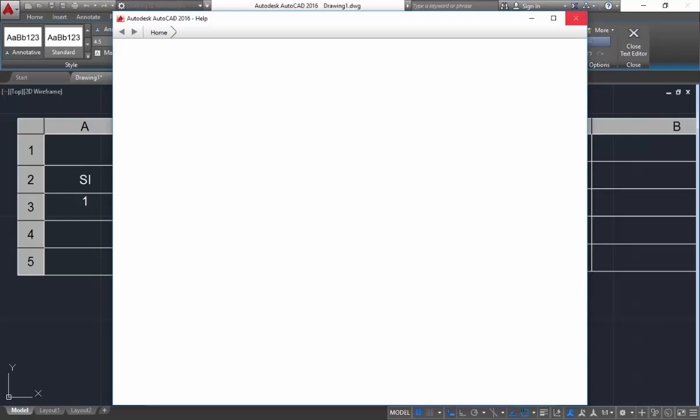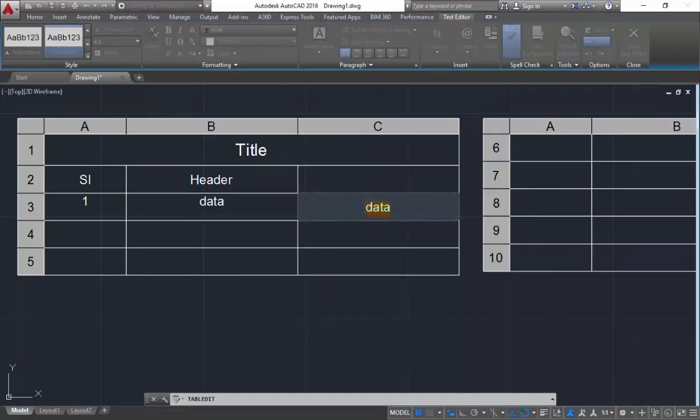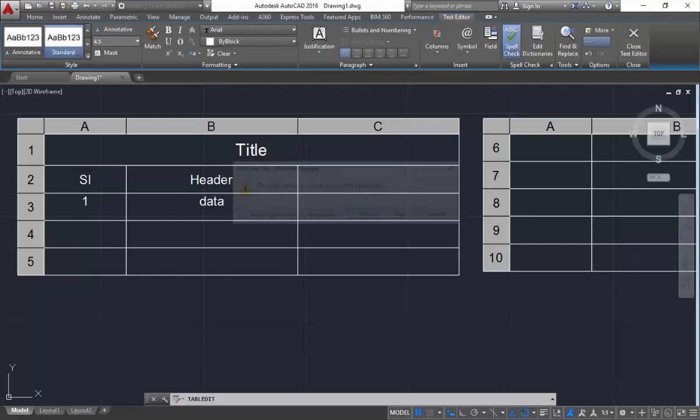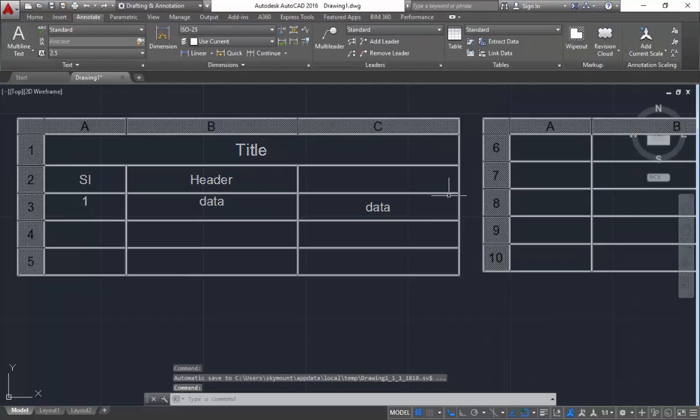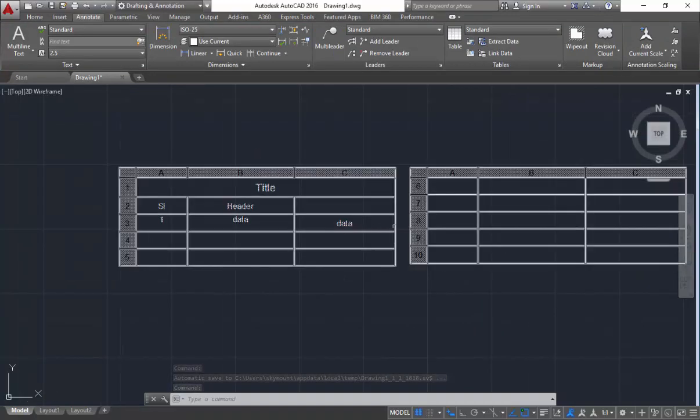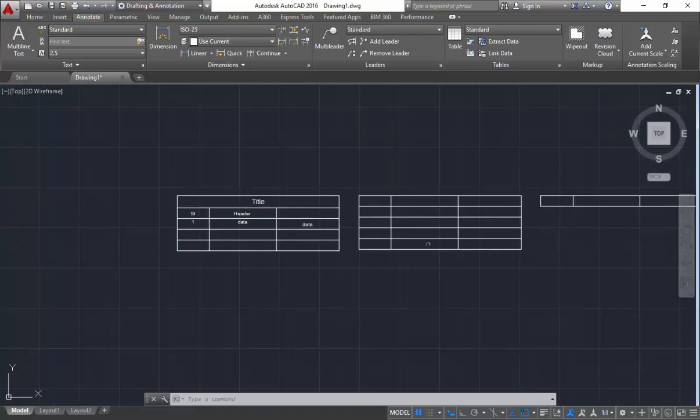Like for example, if I am changing 1, so you can see here again and again I'll have to do it for all the data rows. Okay, but instead of that, what I can do is I can even set the table style. As I told you how to set the text style, same way even you can set the table style also. So for that, here what I'm going to do is I'm going to go to annotate, and